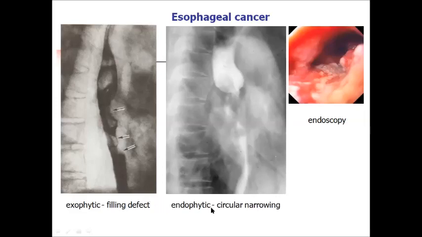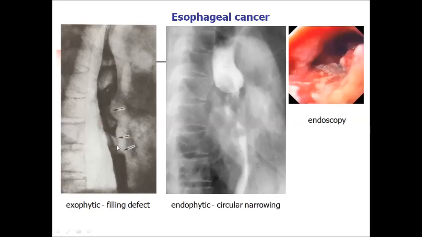And endophytic when a lesion occupies all the circumference of the digestive tube and forms circular narrowing. Circular narrowing is the sign of endophytic type of growth, and filling defect,